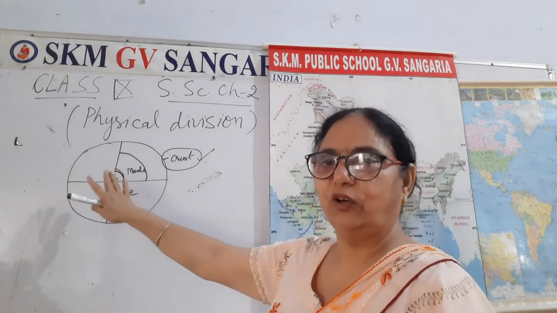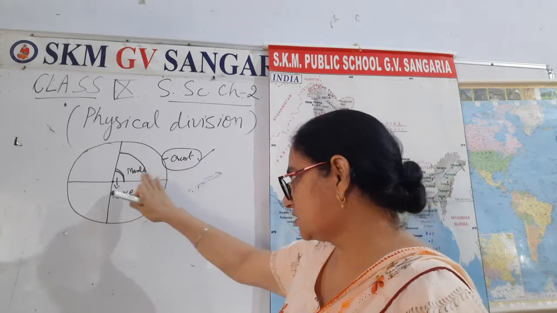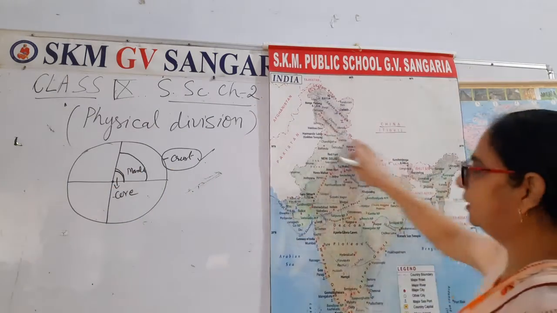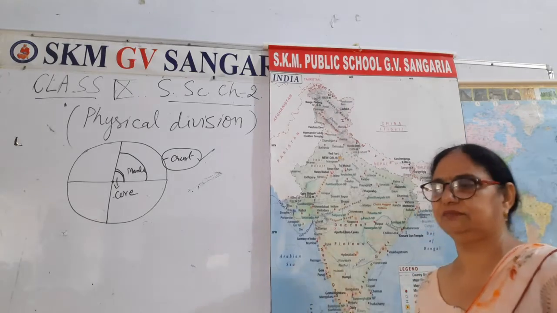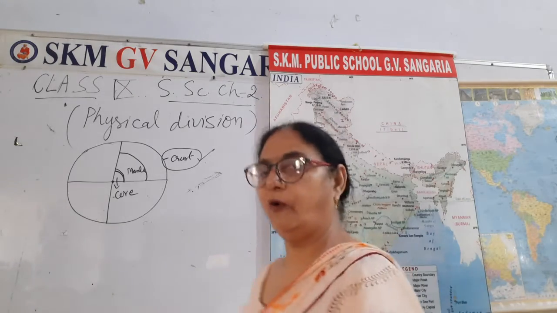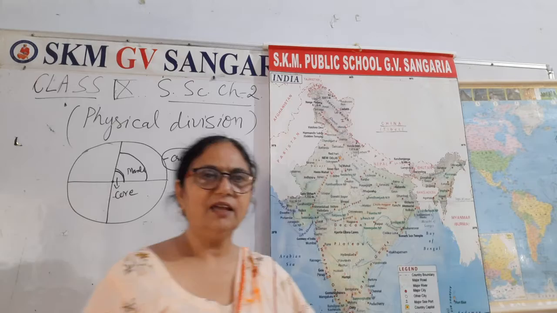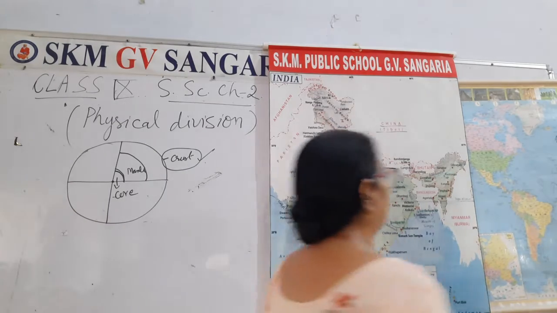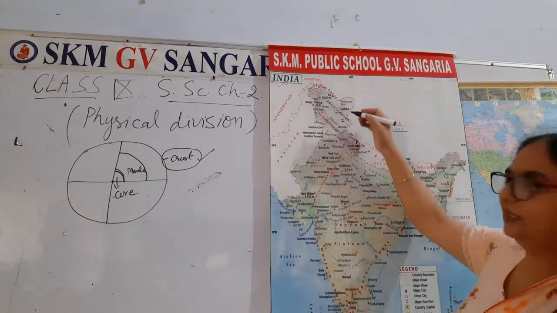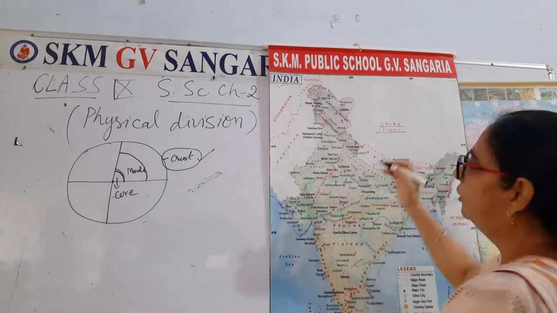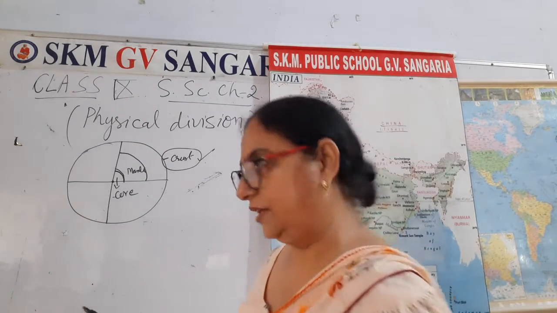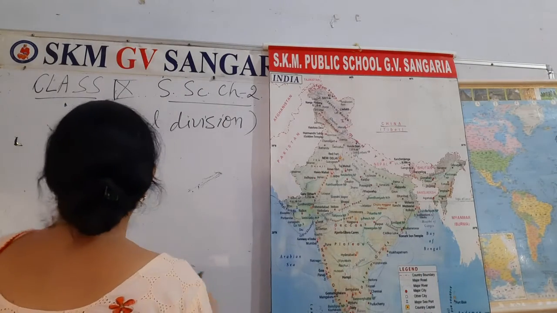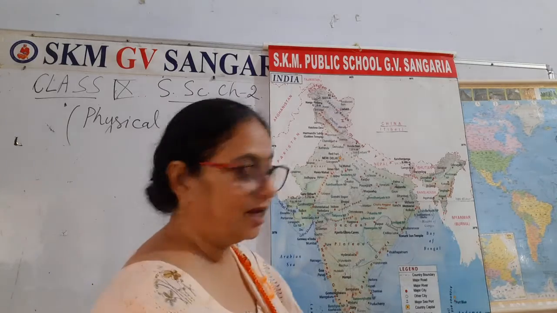Exactly the same way for studying this crust, mantle and core. And then you may see the physical divisions. Let us study with the help of the map. It is very easy to understand these physical divisions. Characteristics we will discuss afterward. First we will divide the 5 physical divisions of India. Very important, 5 to 6 divisions of India.